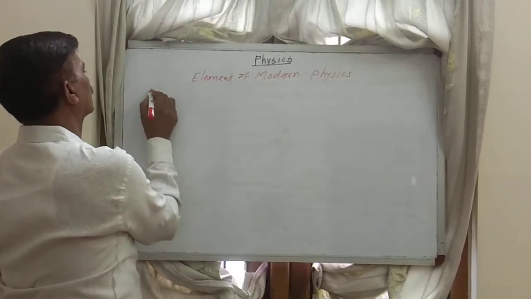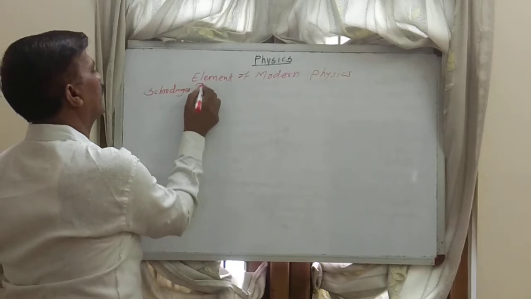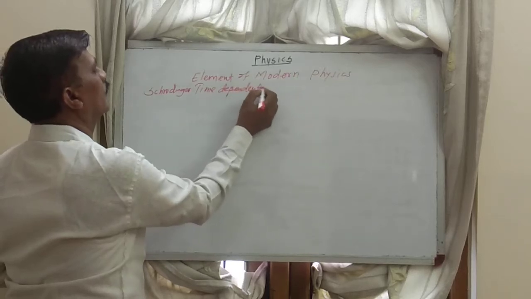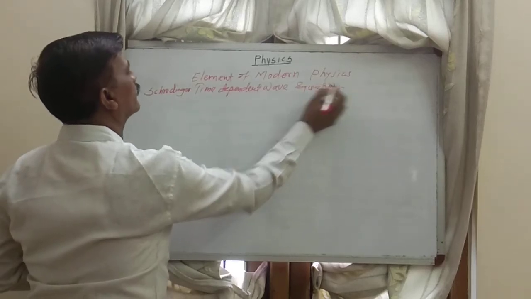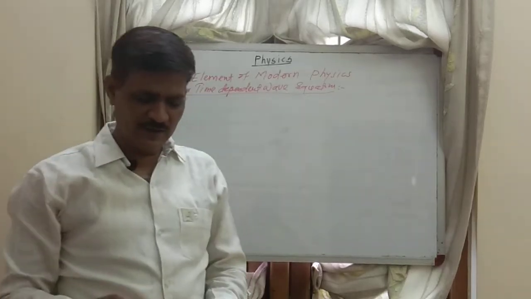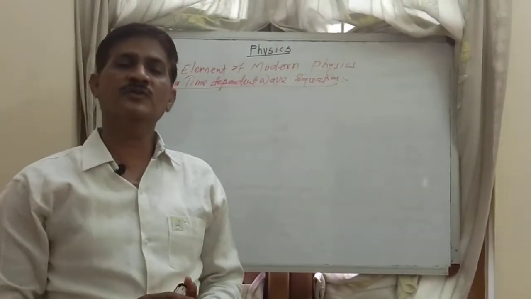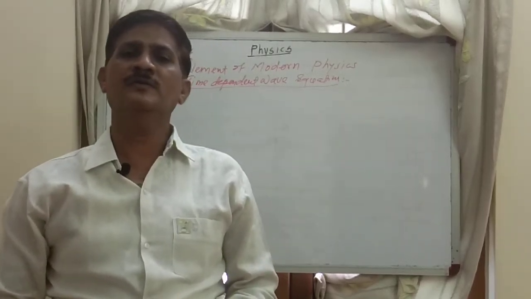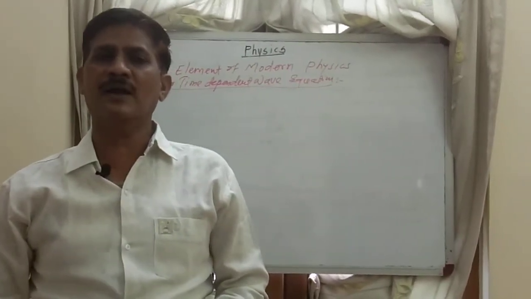The topic is the Schrödinger time dependent wave equation. The scientist Schrödinger studied in 1926 the motion of a free particle. What is a free particle? A particle on which no force is acting, and the motion of the free particle is just like